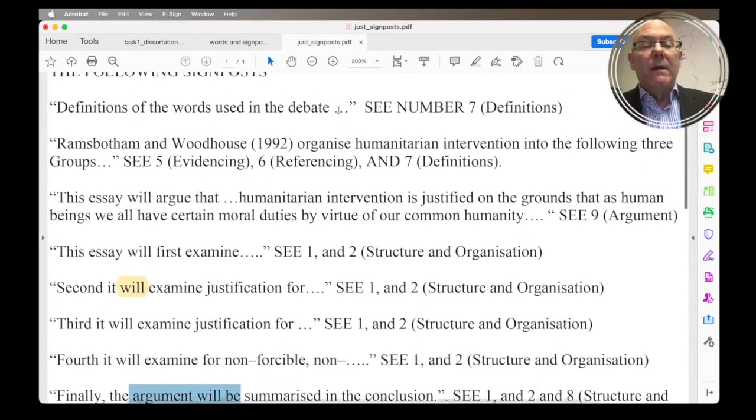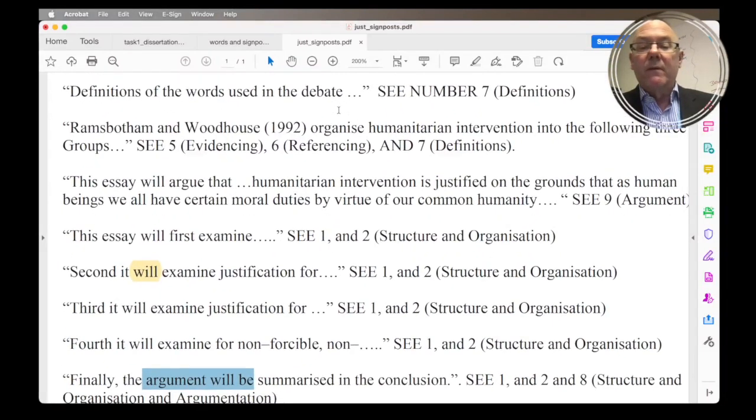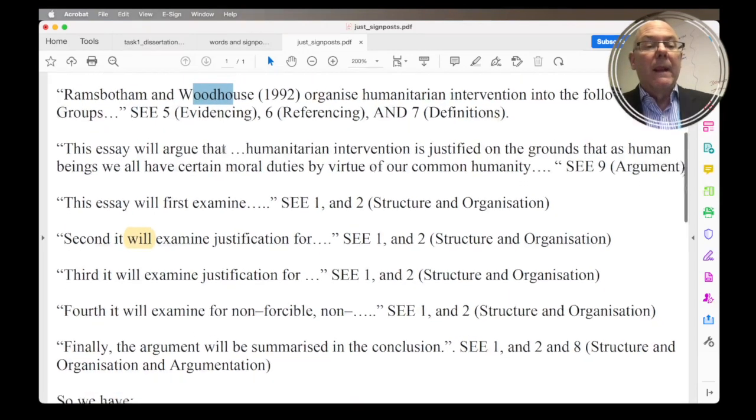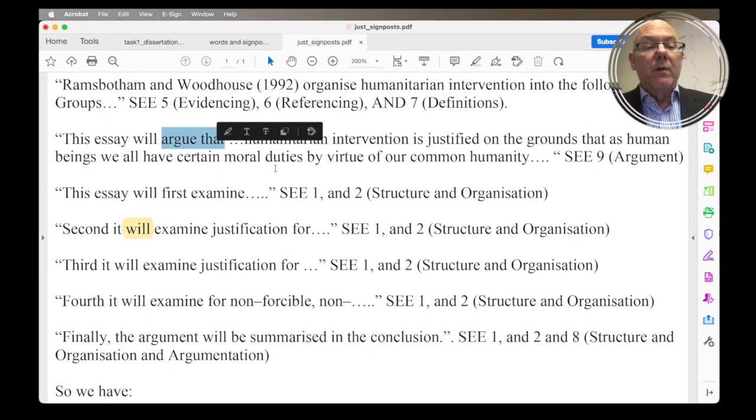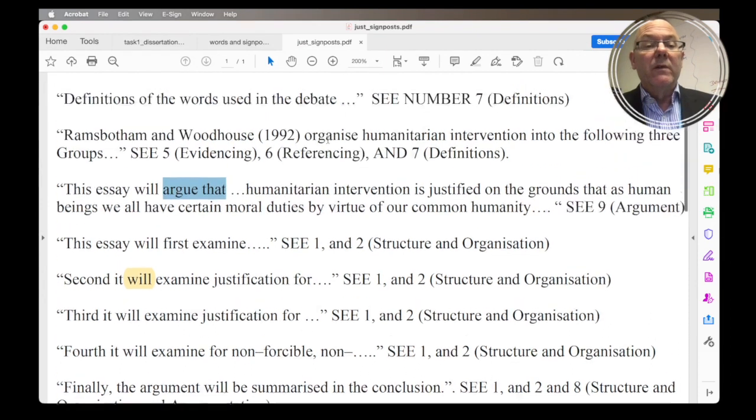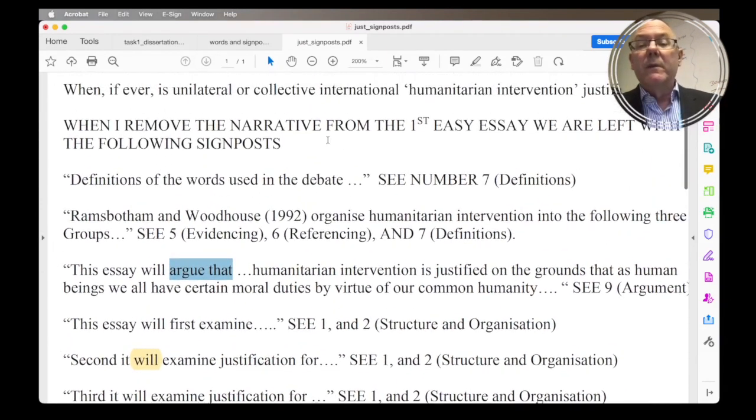In a way, the take-home message is that when you do your introduction, it should include all of the things that we see on this page that appear in inverted commas: definitions, Woodhouse and Ramsbottom, "the essay will argue", all of those things should all be in your introduction. That's what I'm saying. So that's why we do this, and we look at the Fulbright one, the very hard one,